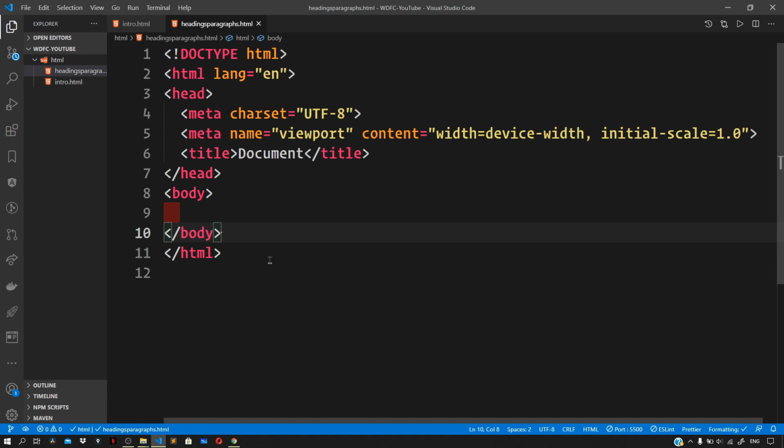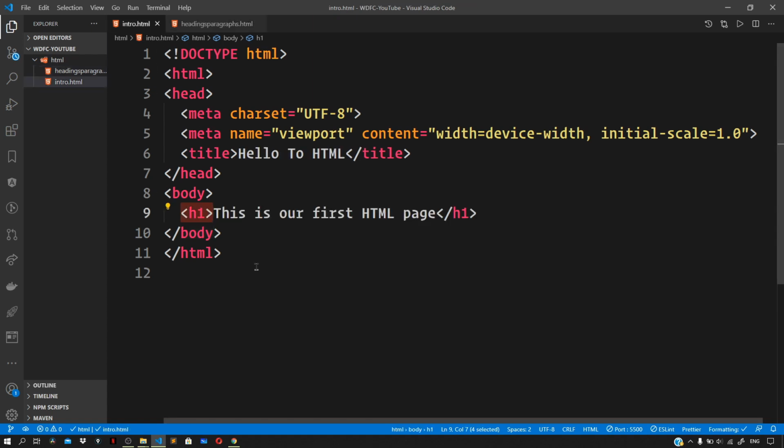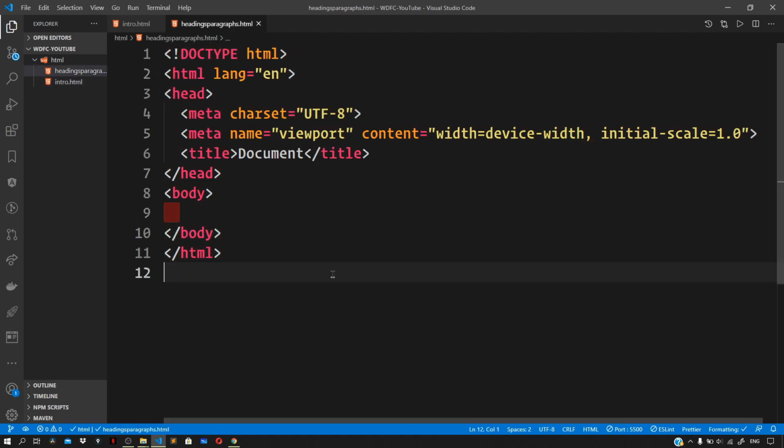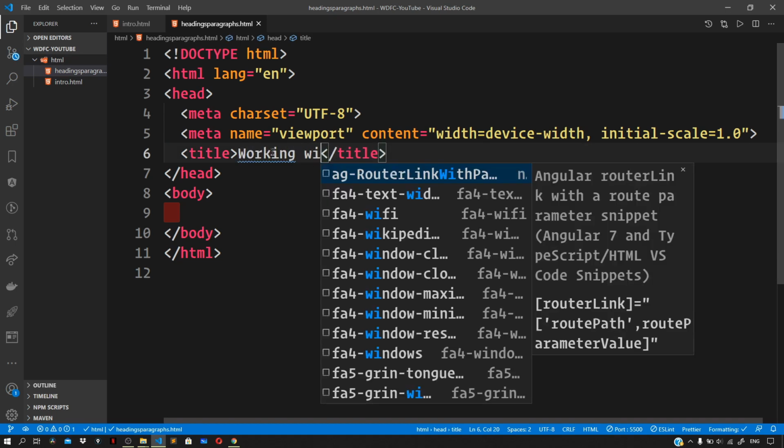And this looks exactly identical to the one that we defined in the previous video. But there we defined it from absolute scratch. But with VS Code, we have a set of plugins that VS Code ships with internally, and that is called Emmet. So to generate a basic structure for HTML, we can type exclamation mark and then simply press tab, right? So for this, let us give the title working with text.